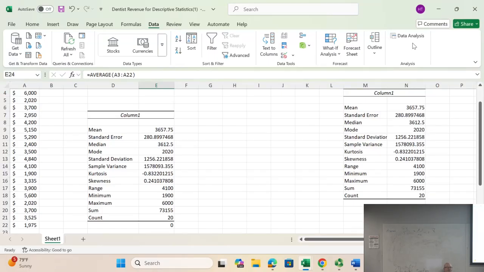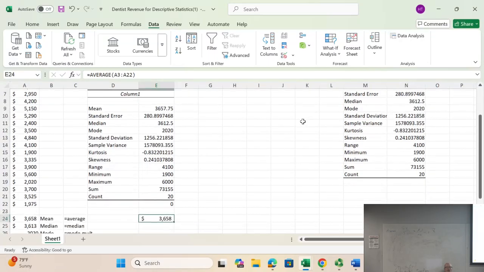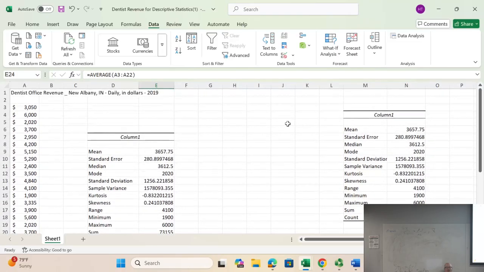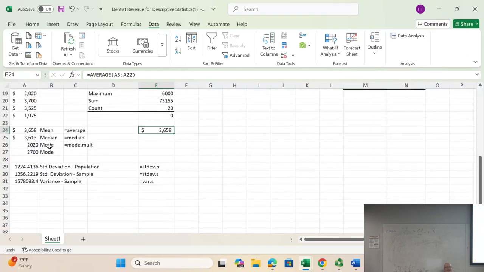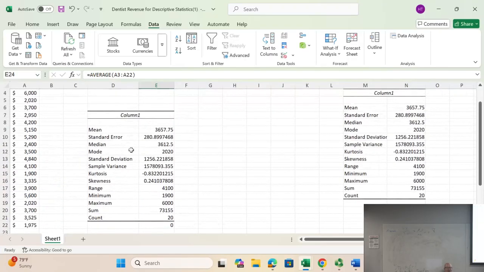Either way works. The Excel that's just part of our Outlook package is just the basic Excel product, okay? All I'm doing is adding this free tool pack that makes life a little easier because I run it once and I can answer all the questions, as opposed to having to type it in 6 different times to get the 6 questions that I'm asking here. So we have a mean of